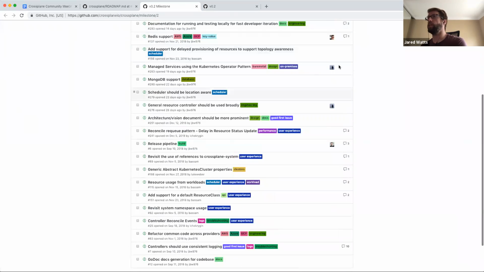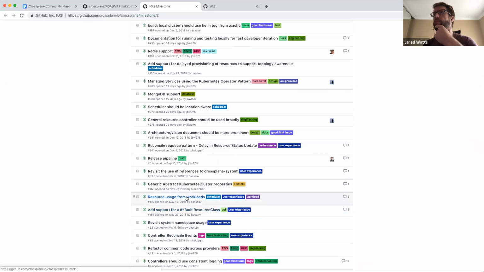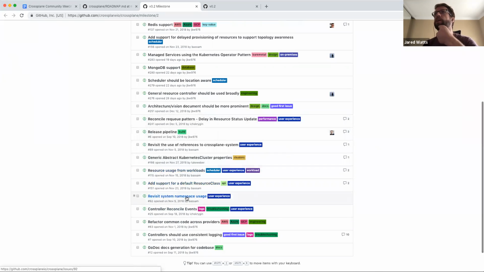But we still have a fair amount of unclaimed issues. There's a lot of them that are fairly friendly in terms of being able to pick up first initial issues. The ones that are really good for people to pick up as a first issue are listed with the good first issue label. But there are some other ones that would maybe be good for a second issue too. We don't have a specific label for those, but there's a lot of interesting bite-sized chunks that can be picked up here.